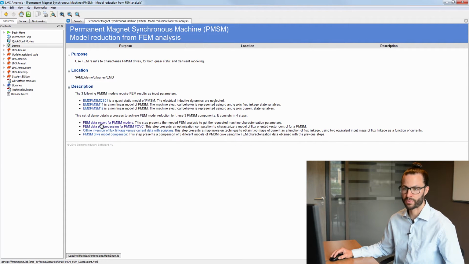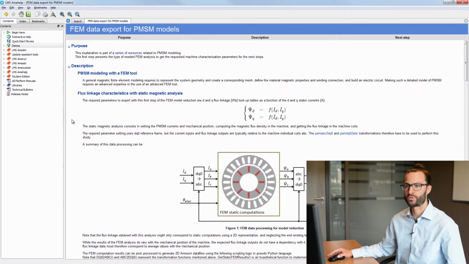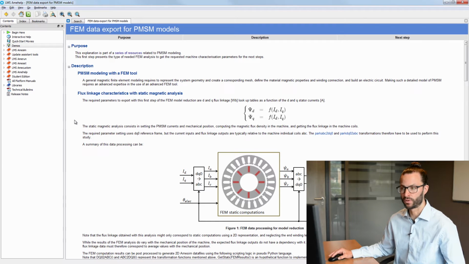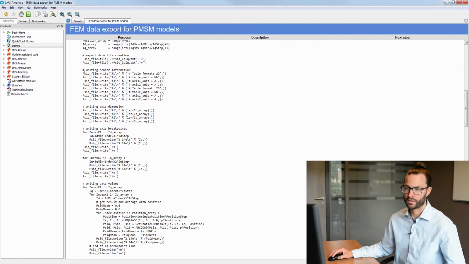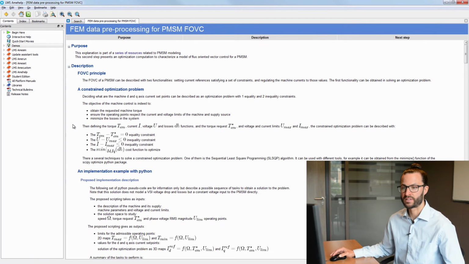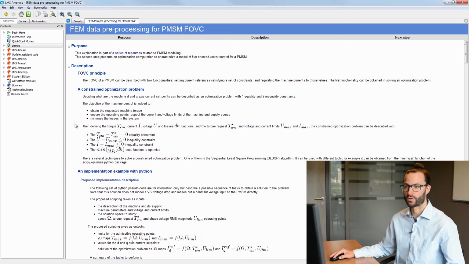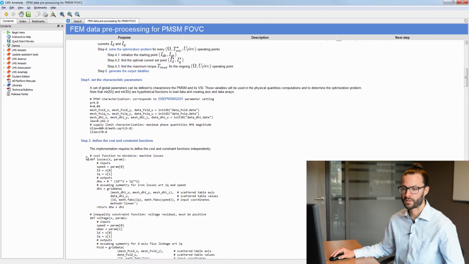In this first step, the right simulation to perform with the finite element tool to obtain the data in the right format for Amesim is explained, and scripting templates to reuse and adapt are proposed. In this second step, the data that we obtained can be post-processed to get the right control-related data, and here again, templates are proposed.